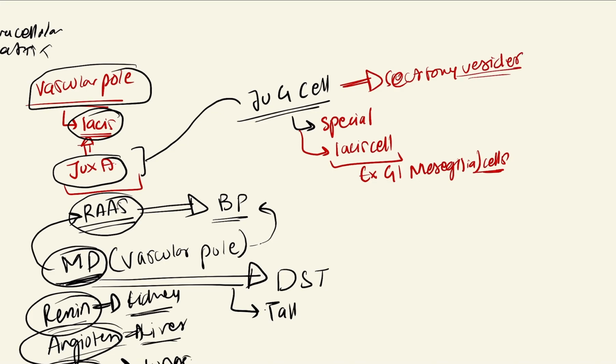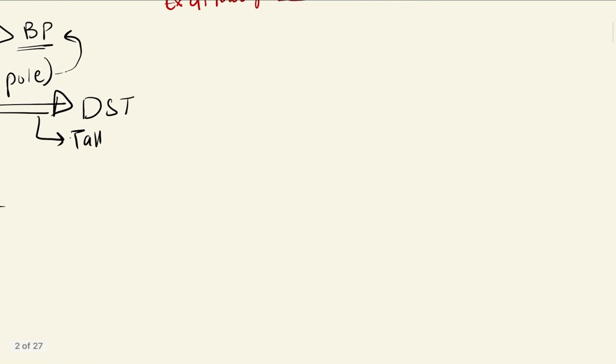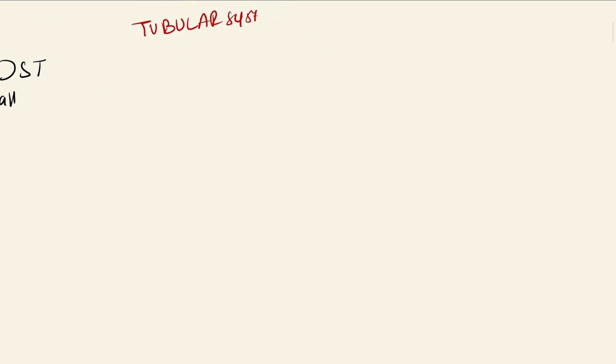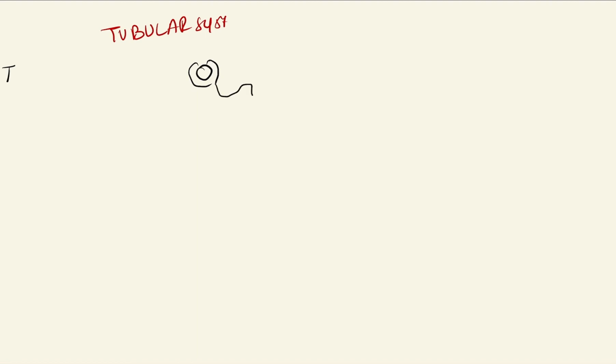Okay, now we'll be discussing this tubular system. Super simple, I'll tell you. Tubular system. Okay, I'll be drawing a big nephron here. So this is my big nephron. There is the glomerulus. No, there is Bowman's capsule. There is the renal corpuscle. Okay, this is the proximal convoluted tubule. Okay, then thick descending, then thin descending,